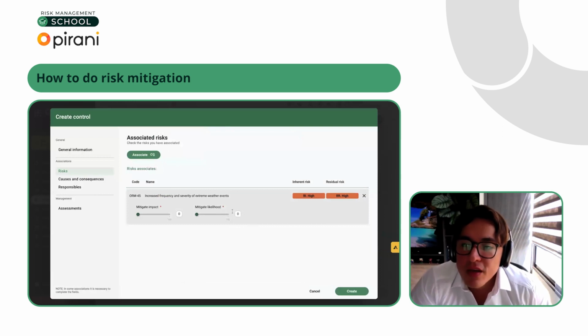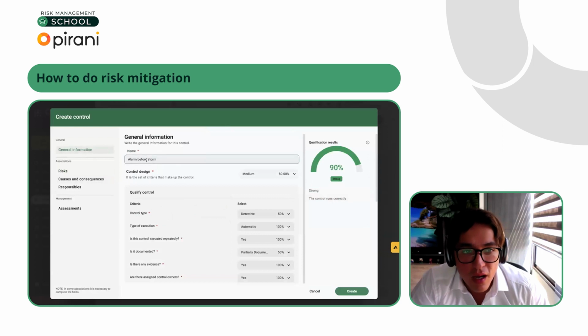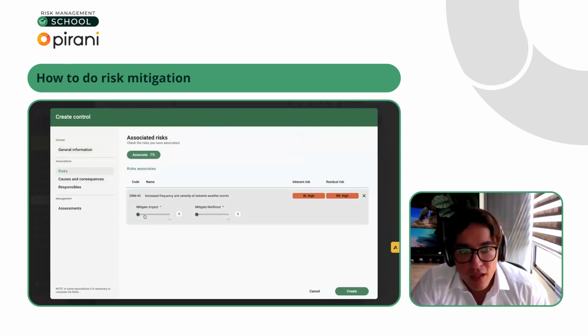Now it will help you: this specific control will mitigate the impact or the likelihood. What do you think? Remember that the name is alarm before storm. The alarm will mitigate, what is the risk? The increased frequency and severity of extreme weather.